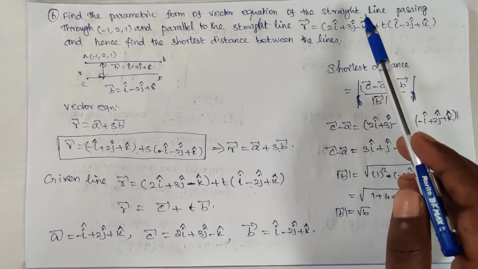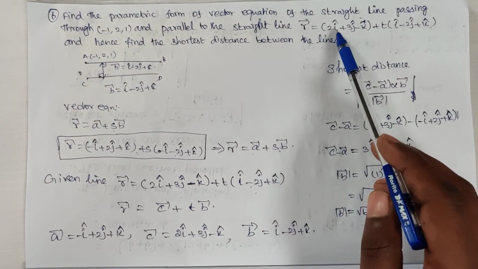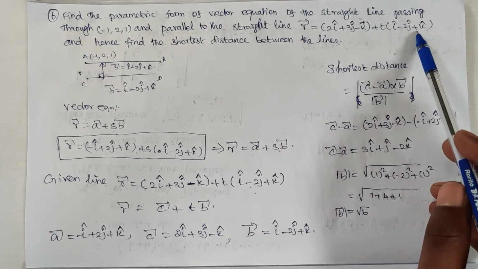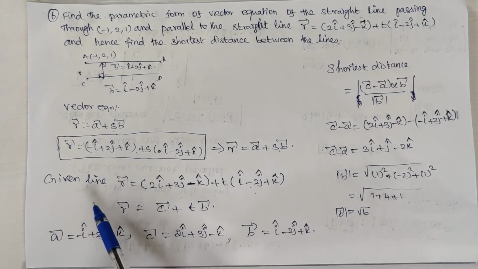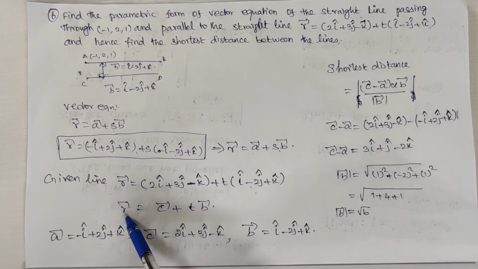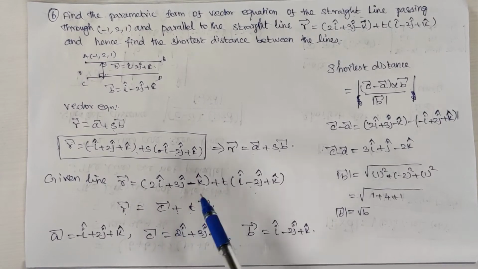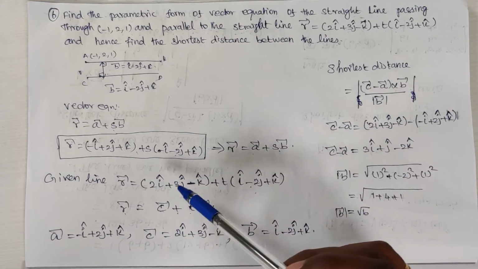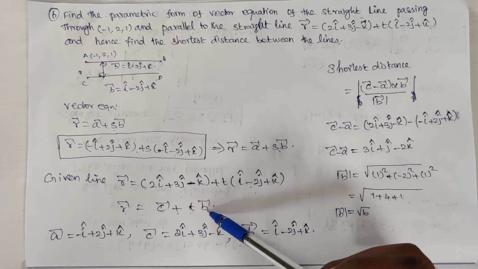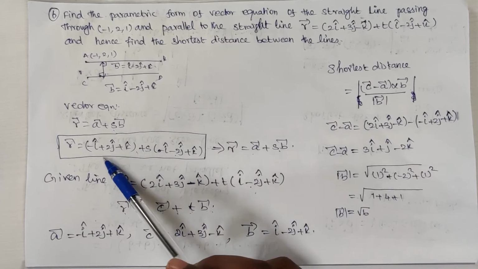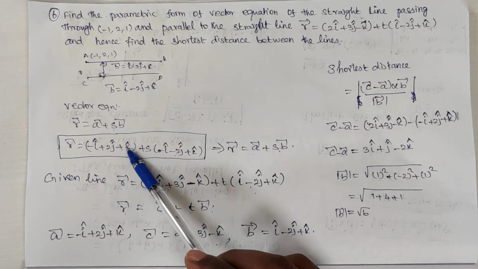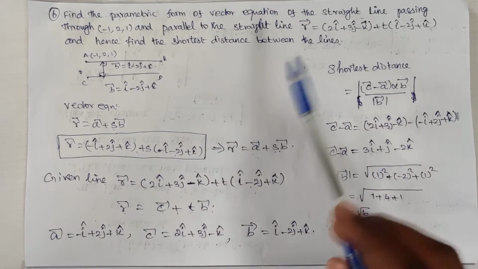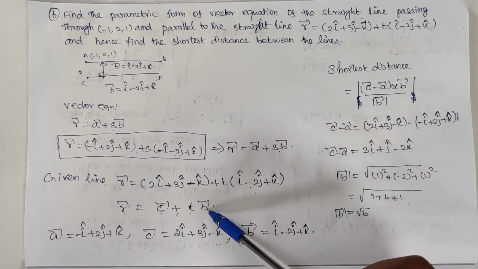So the given line is r vector equal to 2i cap plus 3j cap minus k cap plus t into i cap minus 2j cap plus k cap. So now we have to equate this. r vector is equal to c vector plus t b vector, because here also b vector is the same. So only c differs. So I compare r vector is equal to c vector plus t b vector. We already know a vector value is minus i cap plus 2j cap plus k cap, because when I compare this, it has come in the a vector plus s b vector format. So next, when comparing the given line, r vector equal to c vector plus t b vector.